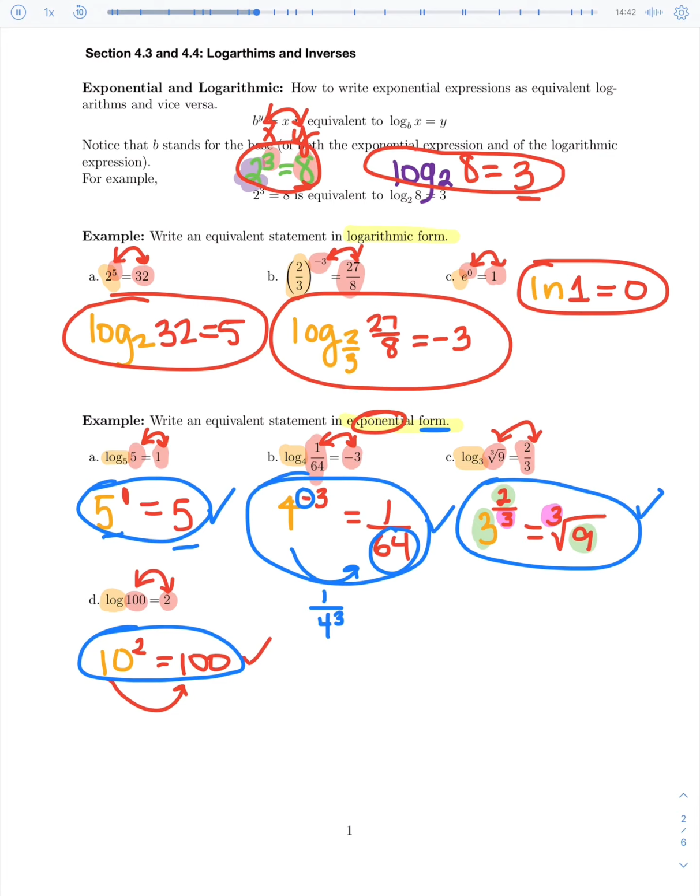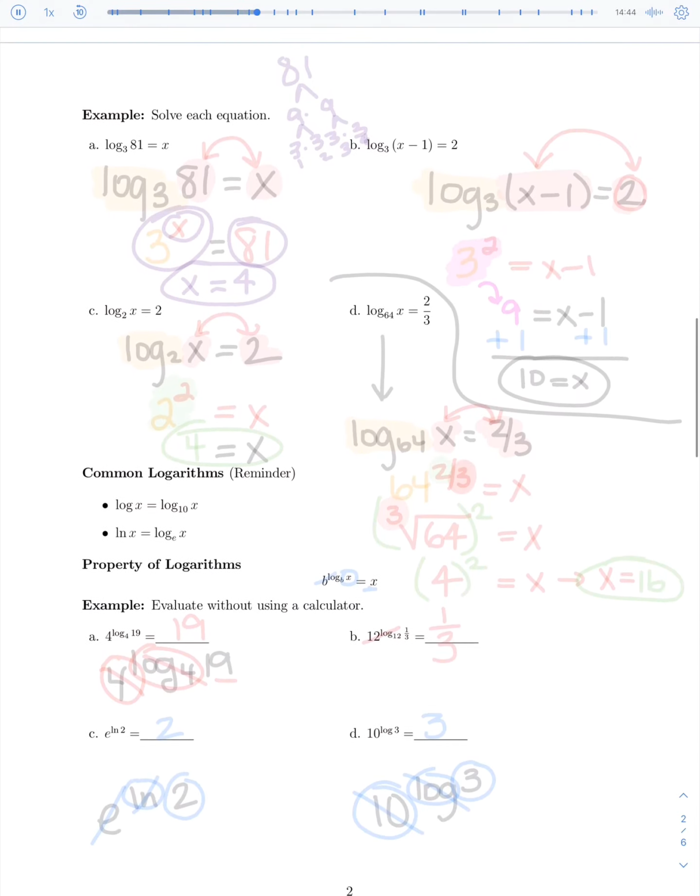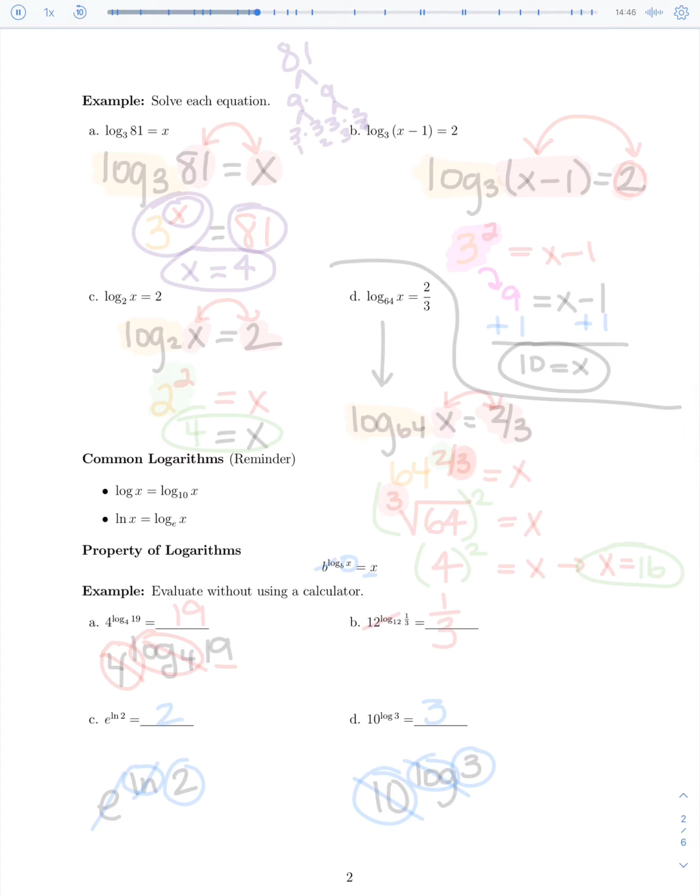Now we can go ahead and use this trick to actually solve equations. So if we look at problem A,